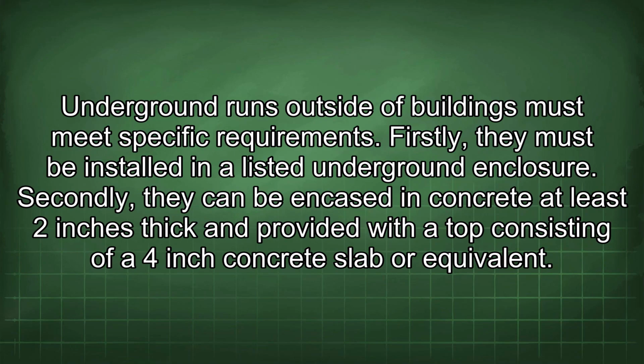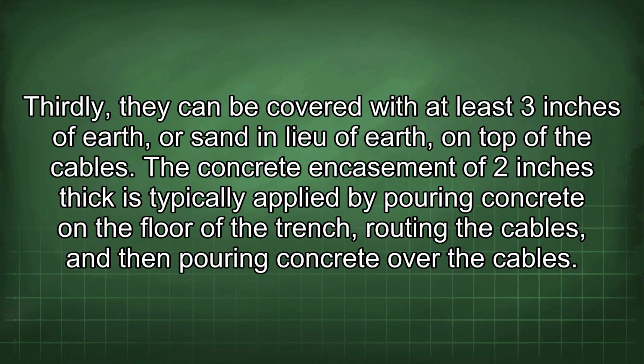Underground runs outside of buildings must meet specific requirements. Firstly, they must be installed in a listed underground enclosure. Secondly, they can be encased in concrete at least 2 inches thick and provided with a top consisting of a 4-inch concrete slab or equivalent. Thirdly, they can be covered with at least 3 inches of earth or sand in lieu of earth on top